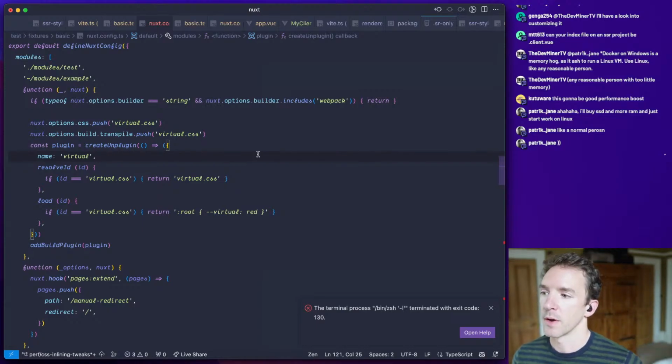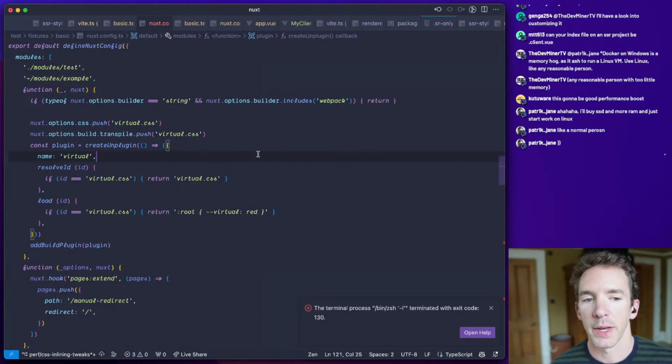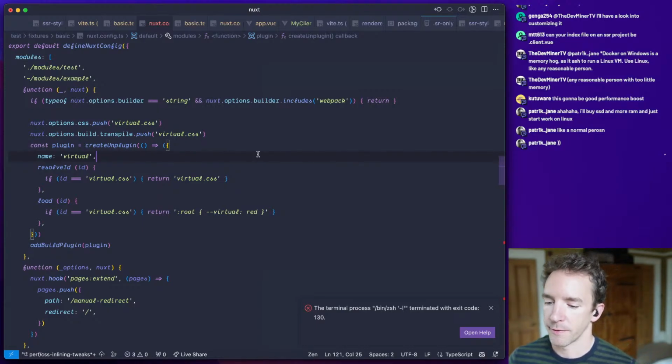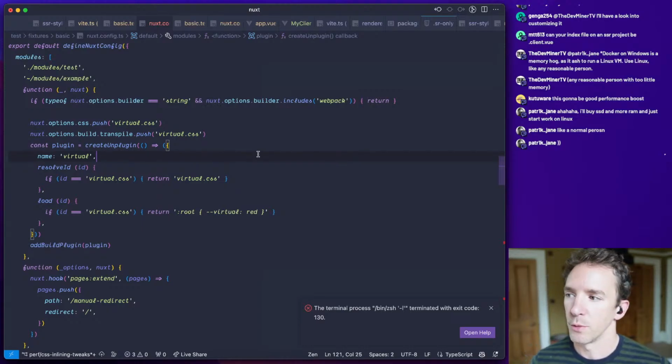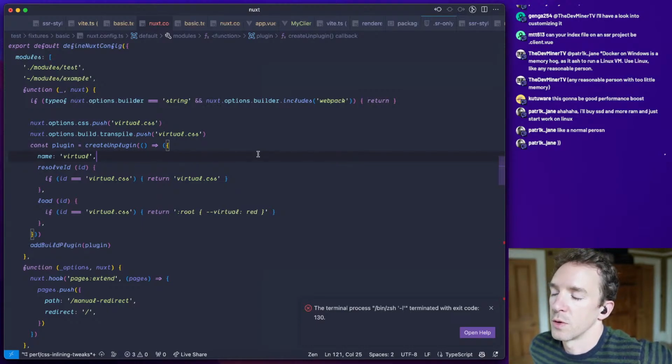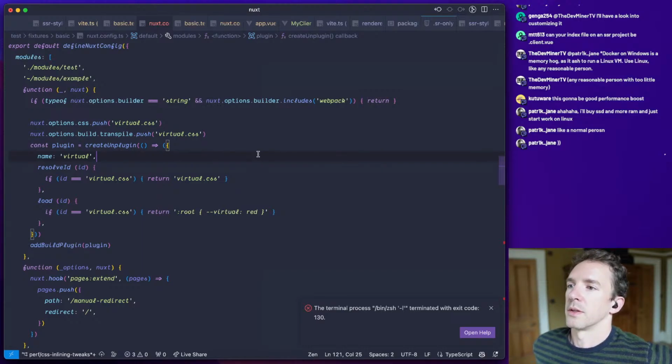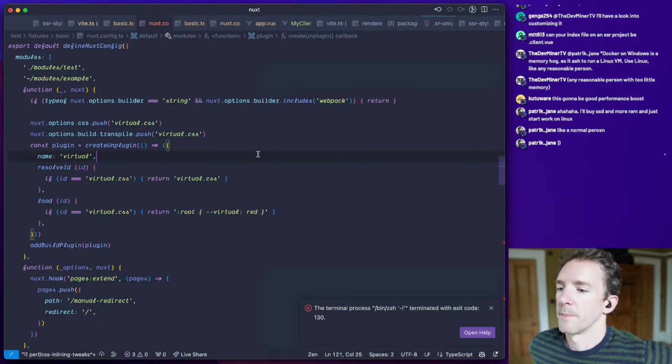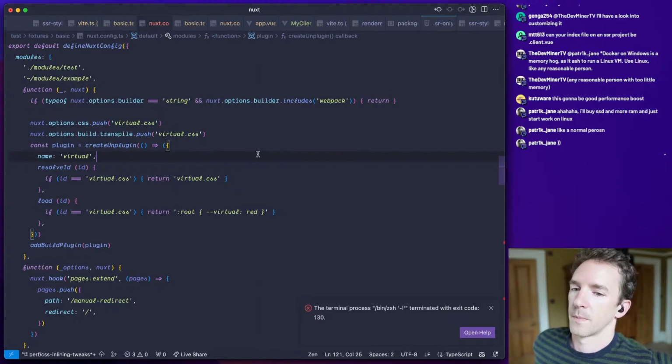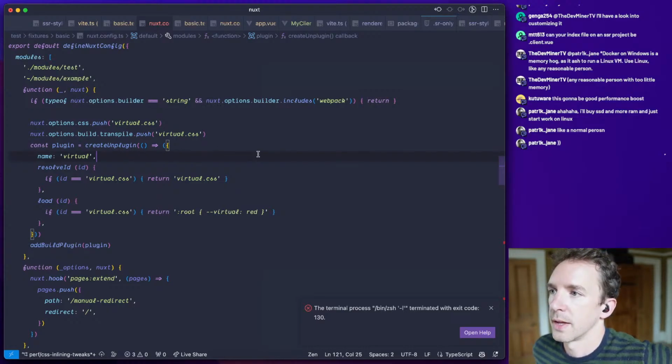I mean, it would be better if it were added to the inline CSS. But the point is, this is an example of, like, I think how Uno adds their CSS and also Tailwind. And if they're doing like that, it isn't working properly with style inlining. Maybe we solve that at the same time.